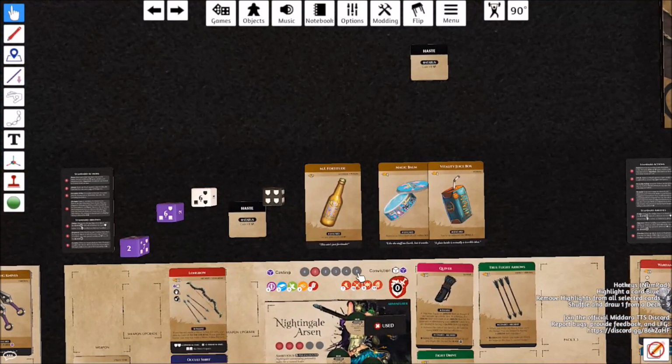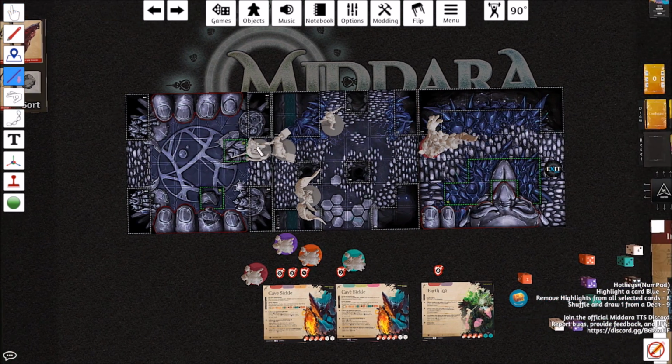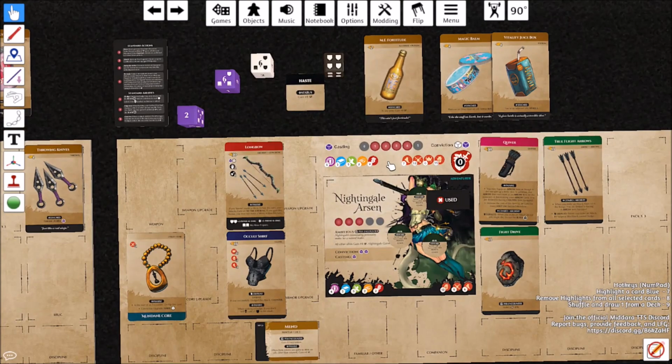Nightingale will get 4 stamina because of haste. She'll spend 1 to move. 1, 2, 3, 4, 5, 6. 1, 2, 3, 4, 5, 6. Let's make sure we measure that. 1, 2, 3, 4, 5, 6, 7. That's within attack range thanks to the arrows. So I'm going to go ahead and spend...